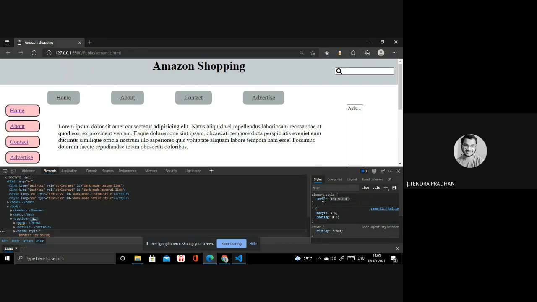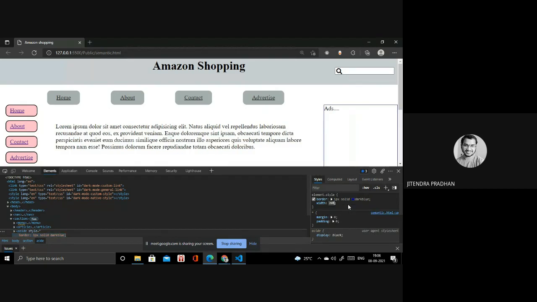Solid dark, you can call it dark blue, whatever. Next, if you require width, then you have to write what width we have to give. It's 20%. Okay, and if you require color or whatever, then you have to use it inside that, but I don't need.